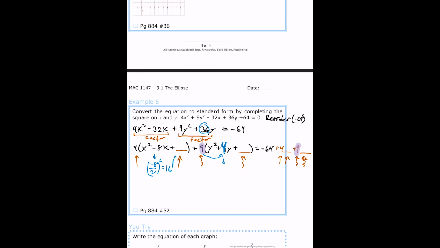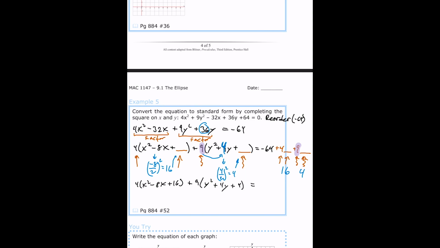So we're going to take this 4, divide it by 2, square it, and we're going to get a 4. Taking a 9 and dividing it by 2 right here, I thought, that's not right. I don't remember getting a decimal. That was my clue that I had made a mistake. All right, so the 16 and the 4 are going to go into those two positions, which means we're going to take a 16, we're going to put it over here. We're also going to take a 4, put it over there. Let's fill in the blanks. Now we've got 4x squared minus 8x plus 16 plus 9 times the quantity, y squared plus 4y plus 4